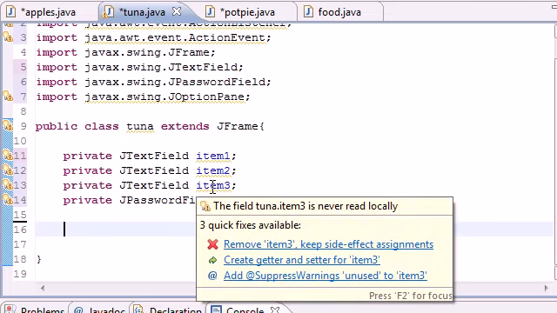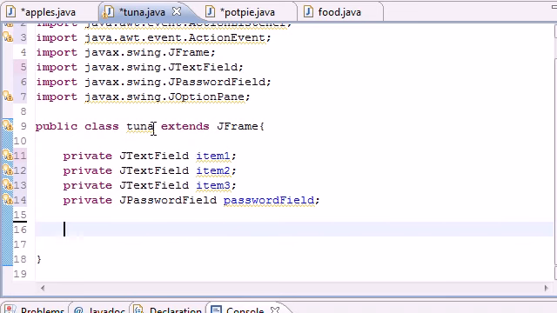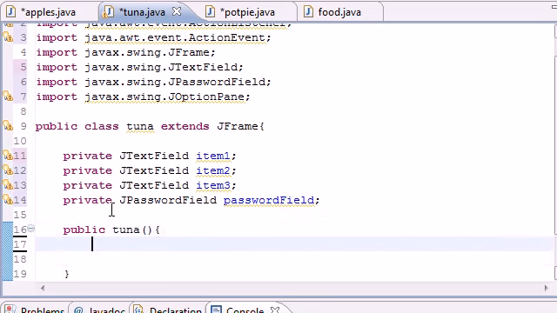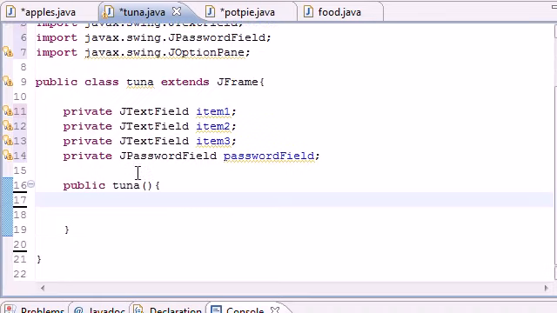So let's go ahead and create a constructor for this, and since my class is named Tuna, I'm gonna have to create a method that's named Tuna. So I'm just going ahead and gonna type public Tuna, doesn't take any arguments, and whatever I create in this is pretty much the window. So the first thing I actually want to do is add a title